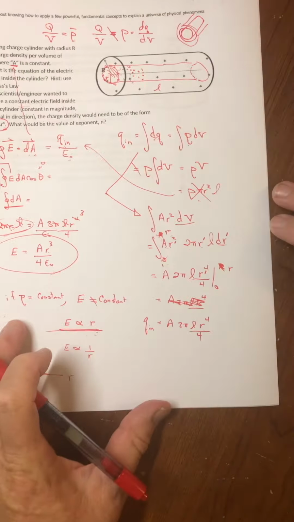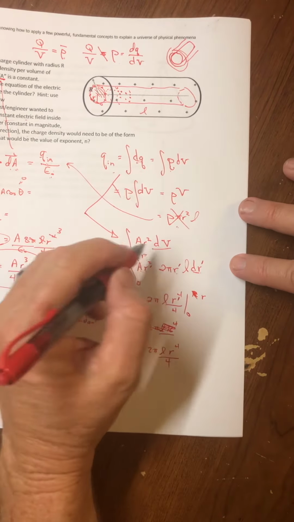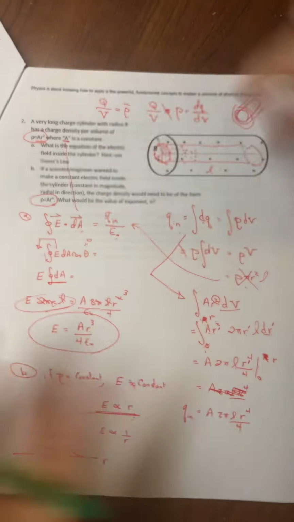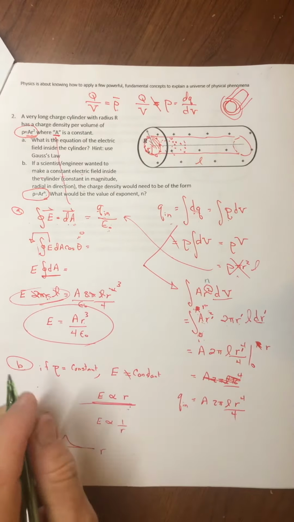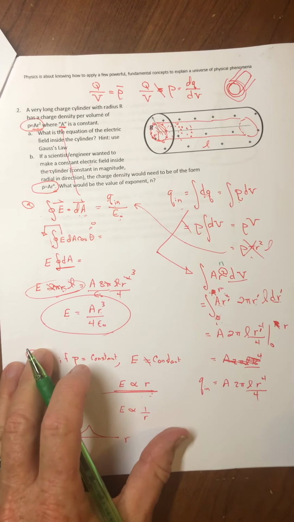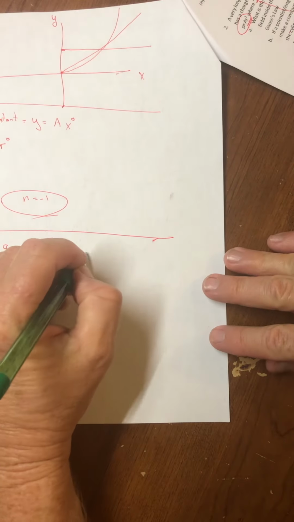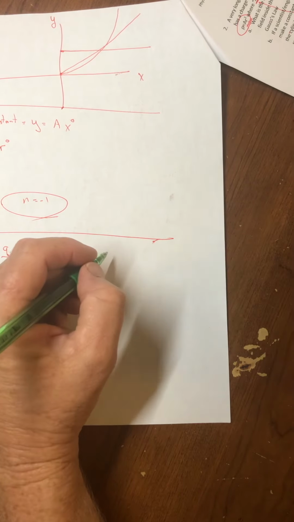The other side of the equation would be very similar, except for right here, where I would have a power of n. And when I get to this step for the charge enclosed, I would have